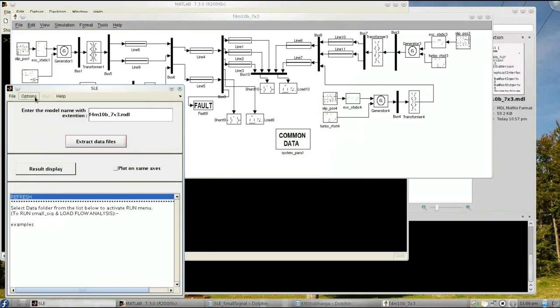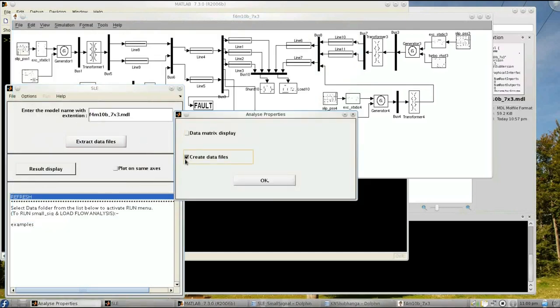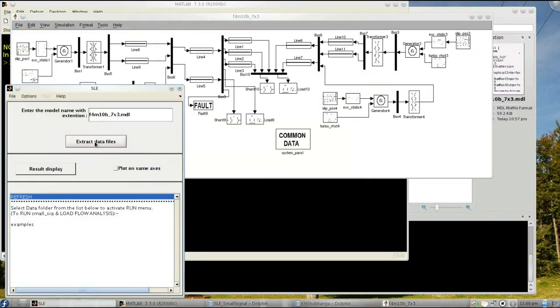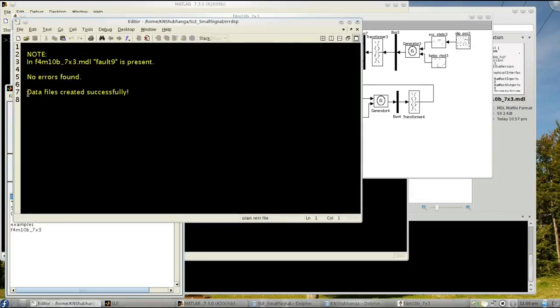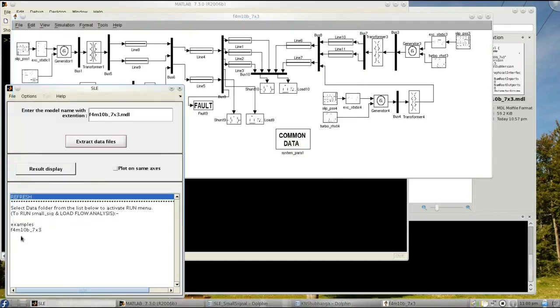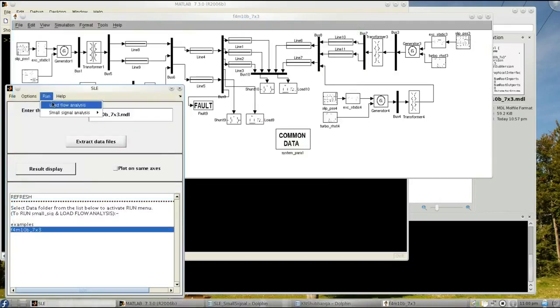So we'll create the data files. A folder of data files is generated there. So selecting that data folder and performing load flow analysis.